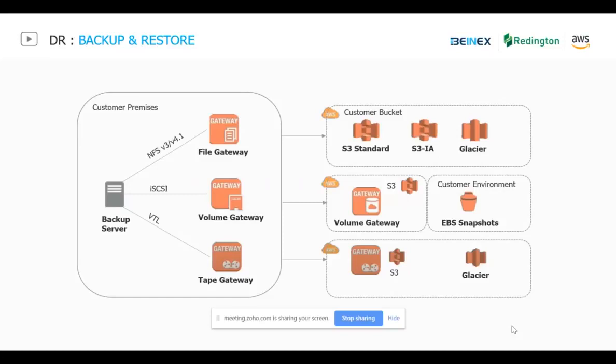AWS provides something called the AWS Storage Gateway, which comprises the file gateway, volume gateway, and tape gateway as well. Now, what it does is, let's consider you have an ESXi infrastructure. From AWS, you'll get an OVF template, which you can import on your ESXi infra. You can create a virtual machine out of it, and you can create file shares on top of it. So it provides you a cache.